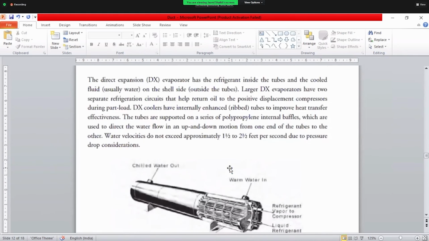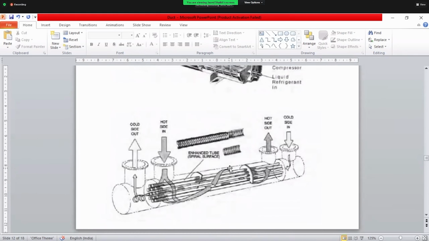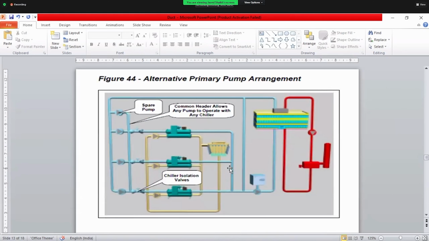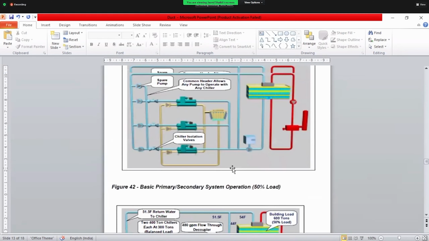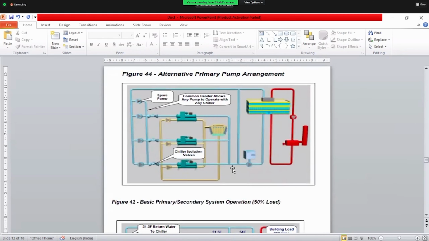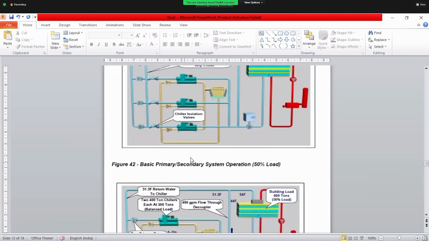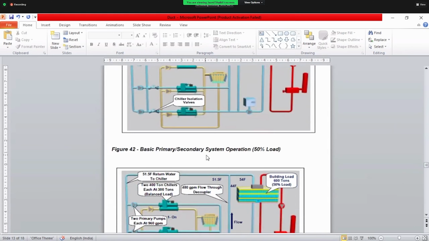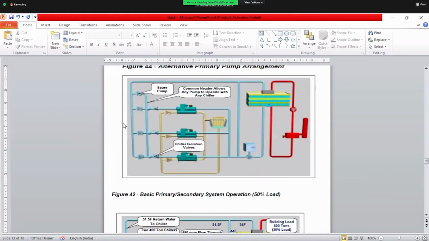So further, there is an arrangement in the system. We can call it a primary and secondary arrangement. So in the chiller there is also a primary pump arrangement and a secondary one. In the primary pump arrangement we use only primary pumps to the chillers, but in the secondary arrangement we also use a secondary pump, which means two circuits. In the primary pump arrangement there is only one circuit. The one circuit goes through the load and chillers. It is completed by one circuit.